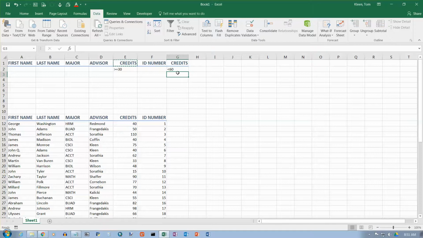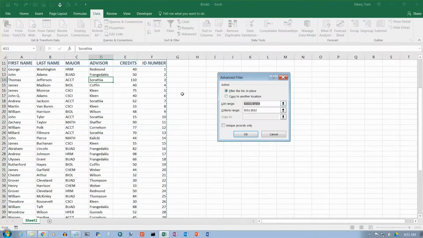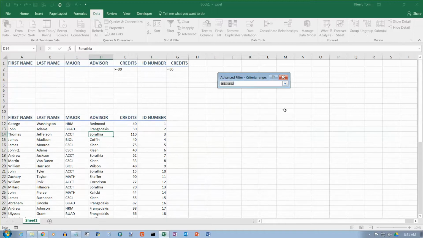If the rules are on the same row like this, then everything on the row must be true. So this must be true and this must be true. So it's like we have an and condition here with the word and in between. So let's click in our data table again, and click on advanced. And again, it correctly selects my list range. My criteria range, however, is not correct. I wish it would highlight it for us, but it's not highlighting it here. So we have to select both of the credits columns. Because they're on the same row, both of those have to be true. Go ahead and hit enter, click on OK,